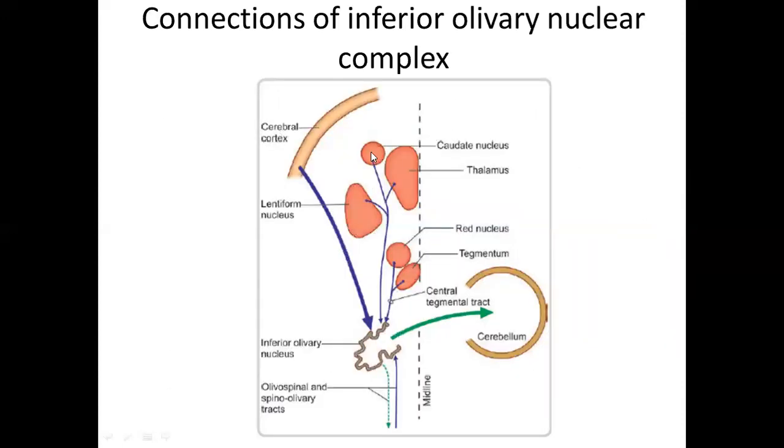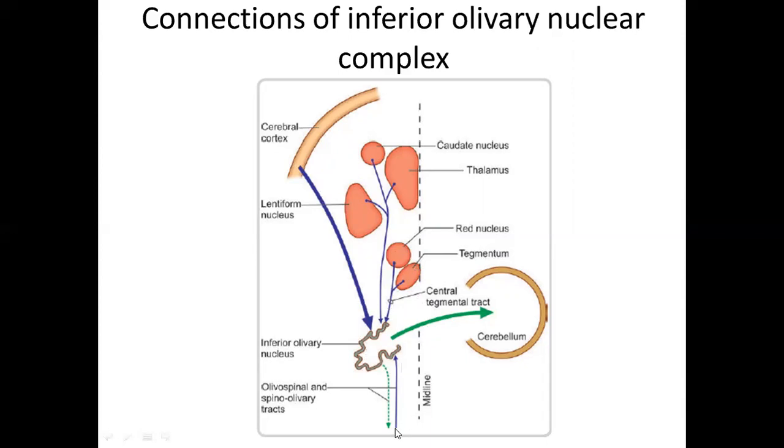Now the connections of the inferior olivary nuclear complex. The inferior olivary nuclear complex receives its afferents from the cerebellar cortex. The corticopontine fibers come into its ventral lamellae. So it is divided into a ventral and a dorsal side: the ventral lamellae and the dorsal lamellae. The corticopontine fibers will terminate into the ventral lamellae. The extrapyramidal fibers coming from the periaqueductal gray matter and the red nucleus will terminate into its dorsal lamellae. Along with the central tegmental fibers, they will also terminate into the medial accessory nucleus and the dorsal accessory nucleus.